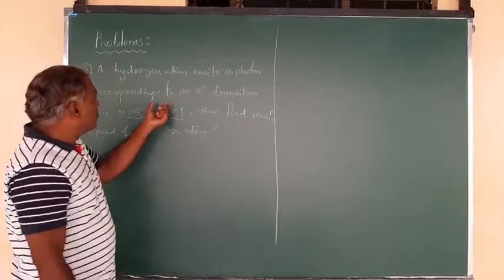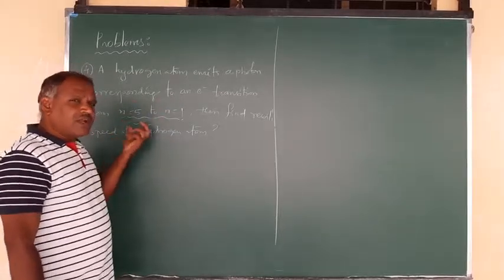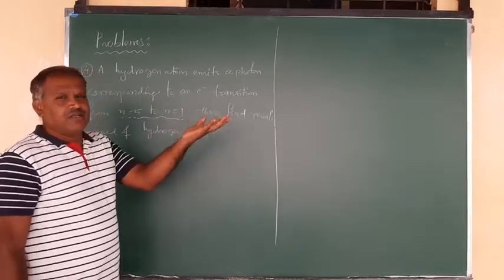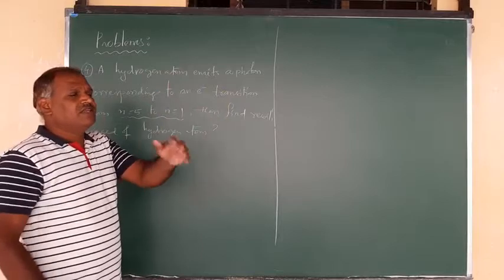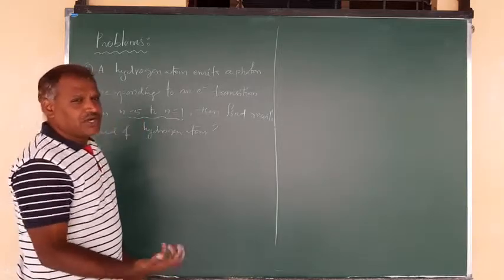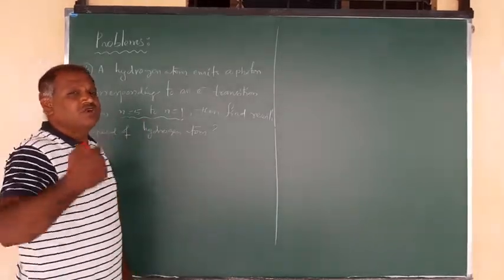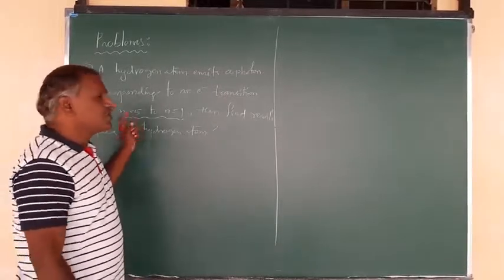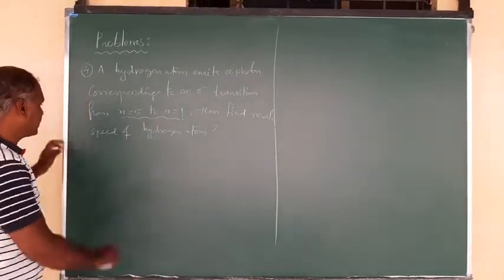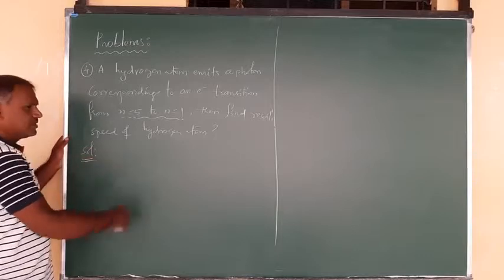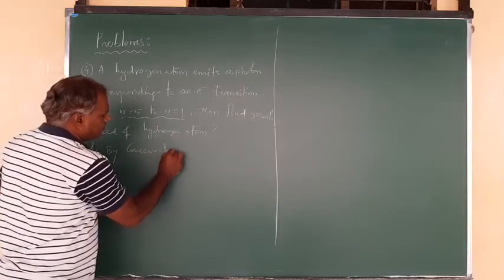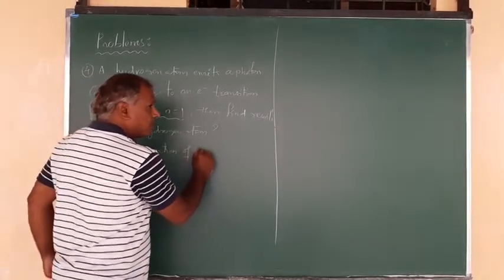To make the conservation of energy and momentum satisfied, the recoil can be seen. So here also, once that energy is emitted from the hydrogen atom when the electron makes the transition from n is equal to 5 to n is equal to 1, the energy is radiated. So how much energy is radiated? Because of that there is a change in the momentum. So because of the change in momentum, the hydrogen atom will get the recoil. So what is the recoil speed of that hydrogen atom during this transition? Here you have to apply conservation of linear momentum.